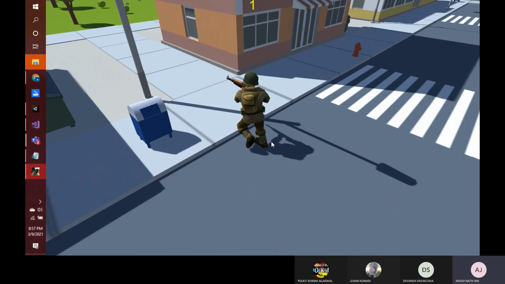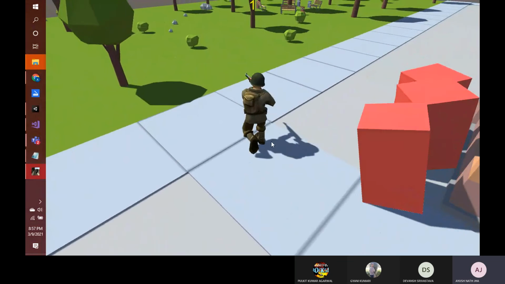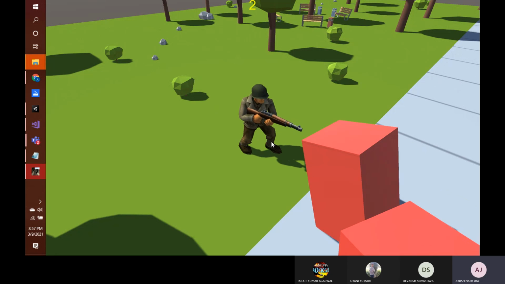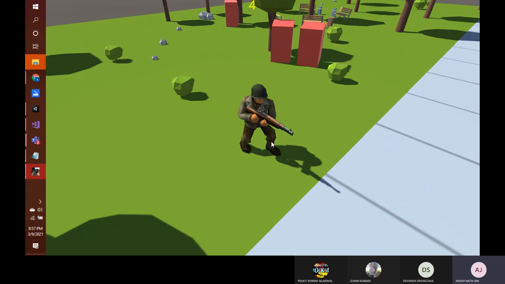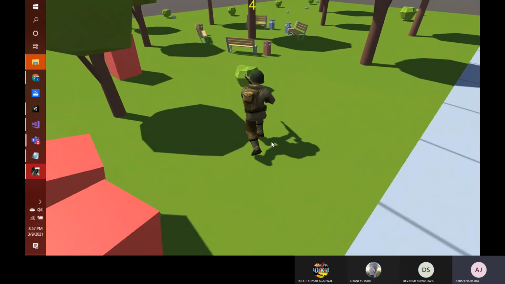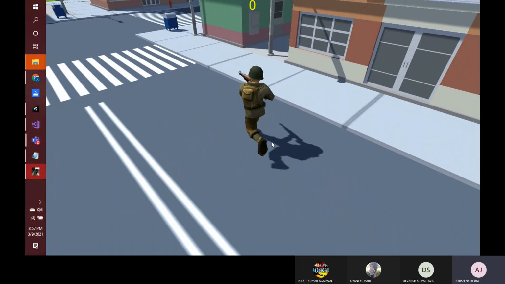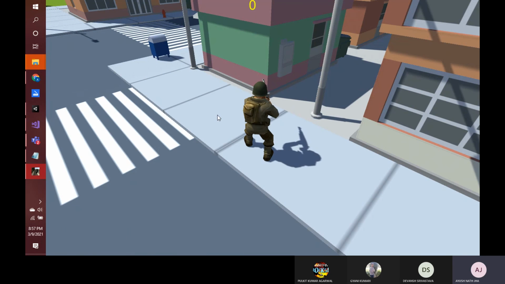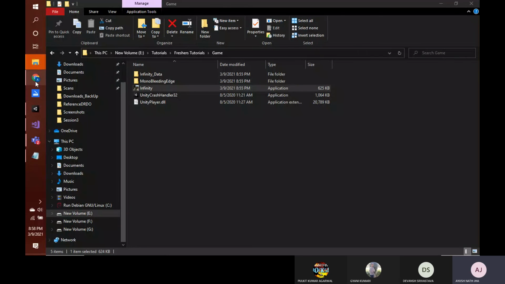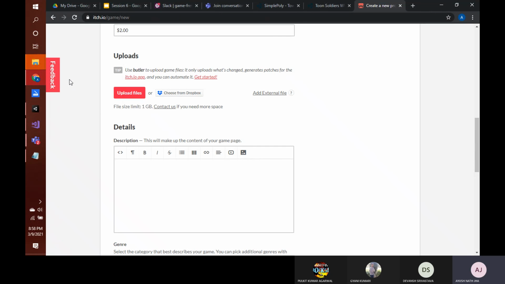Now for running this project you don't need Unity, because this is an exe file. Even a computer without Unity will run it. It will run like a normal game now, and you can see that this project is now working. And yeah, I died and it spawned again. So this is your exe file. And if I want to exit this, since I haven't created that menu, I don't have that exit option, so I will just click on that exit button. And so that was your exe build.